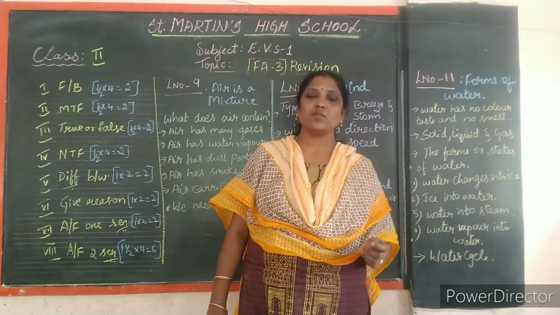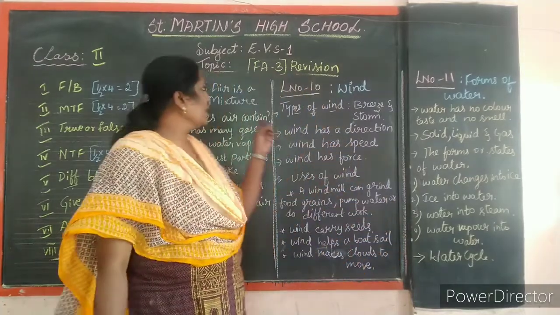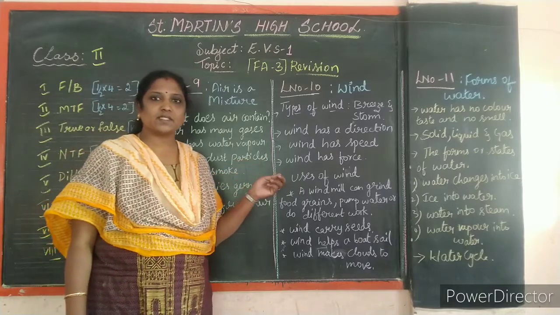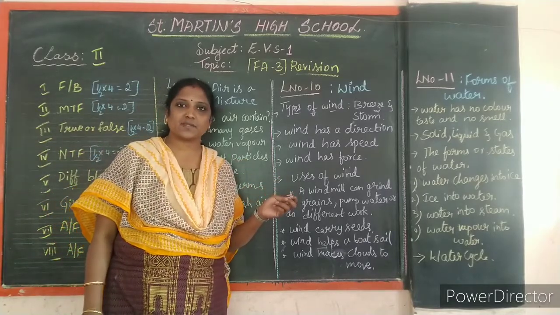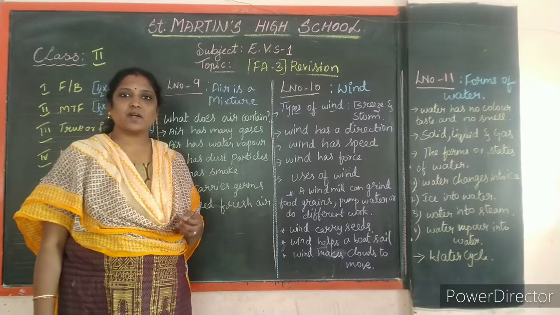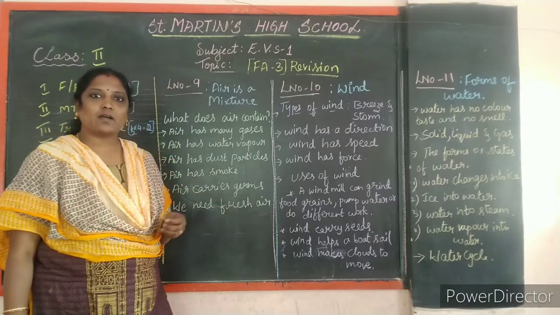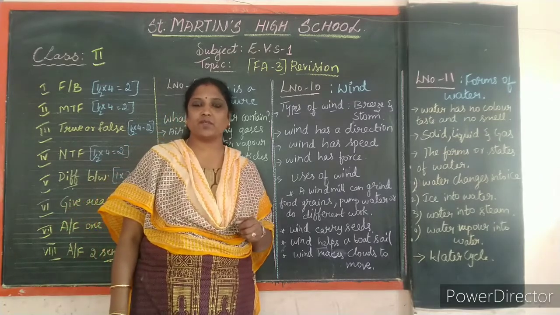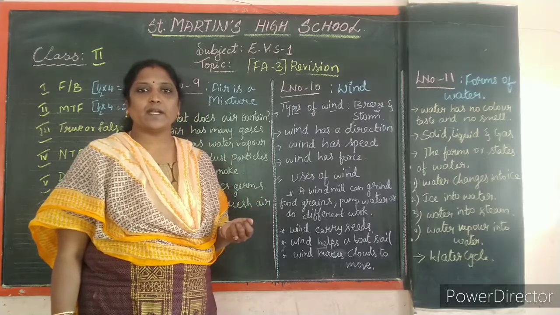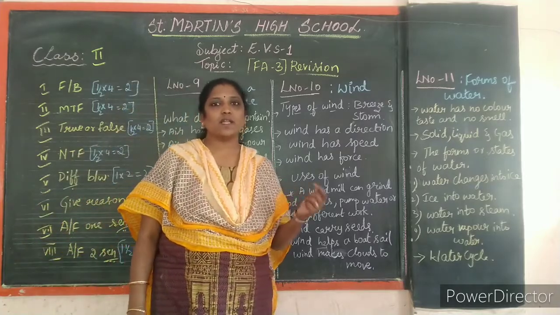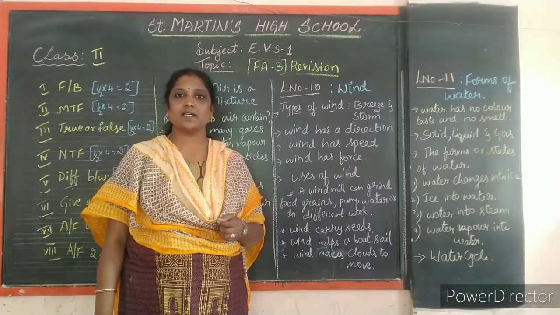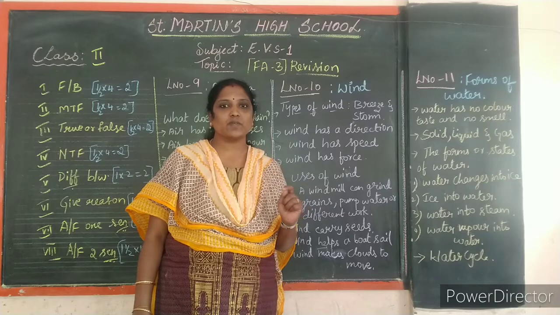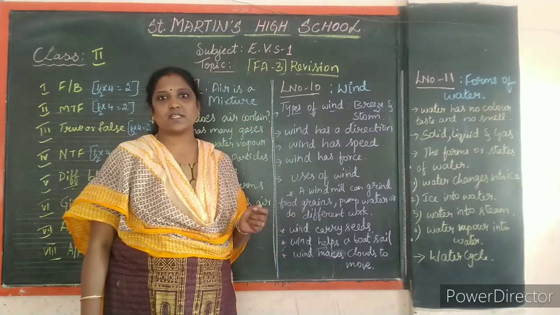For this revision you will be having lesson number 9, 10 and 11. I hope you have completed the classworks. Now get ready with your classworks and textbooks children. Let us start the revisions for FA3. The classwork should be completed, then only you can read for the test. If you have not completed the classwork, just try to collect the classwork from your friends and complete it as early as possible. Textbook and classwork should be with you while we are doing the revision class.